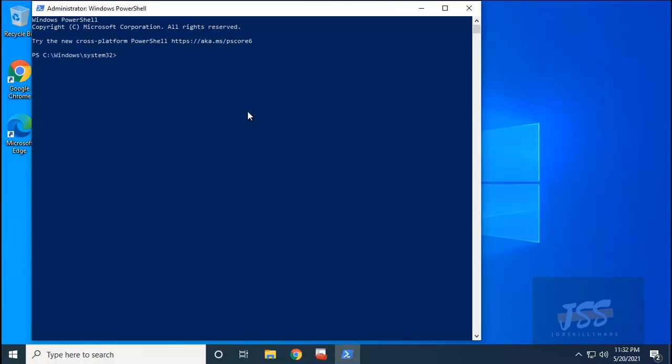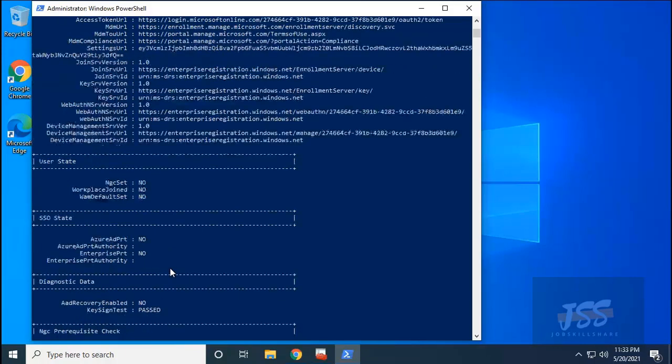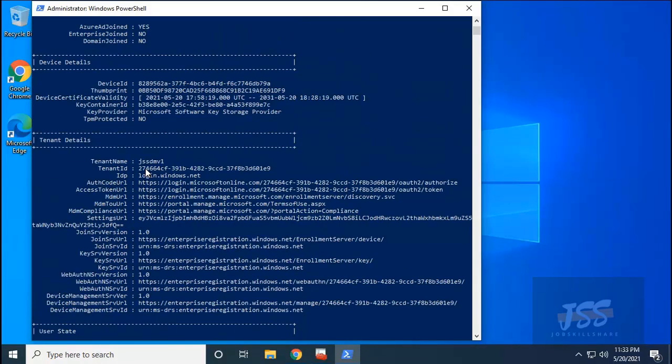And this is what dsregcmd /status, enter, and there you go. Is the device joined? Yes. And here you will find the status of the device, and if you scroll up you will find these details,